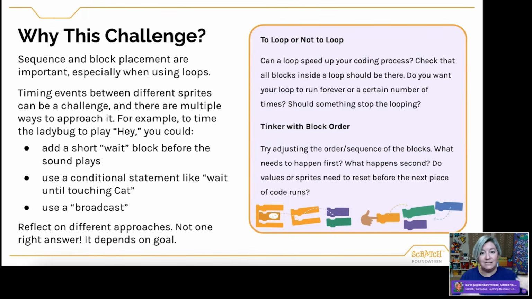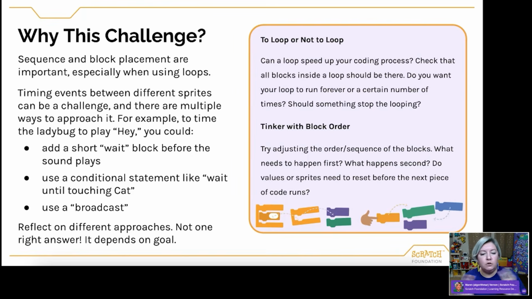So if I don't fix the cat, that solution is not going to work right away. The wait is great, but if I time it wrong because I don't think about how long my sound is, there's another debugging opportunity where I have to figure out how to adjust that time. So there are lots of different use cases and reasons why we may choose one over the other.